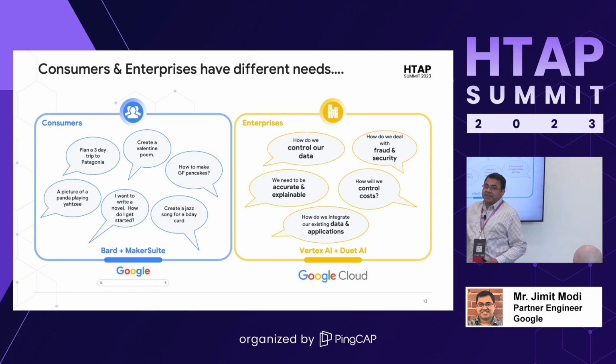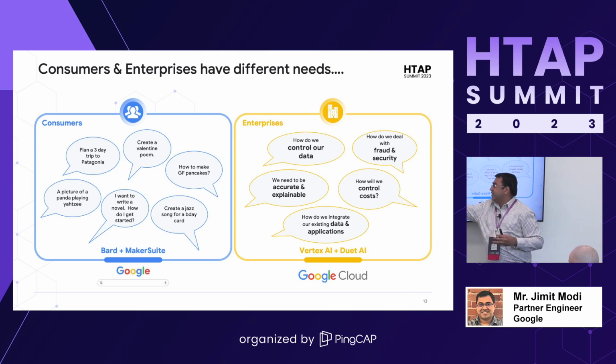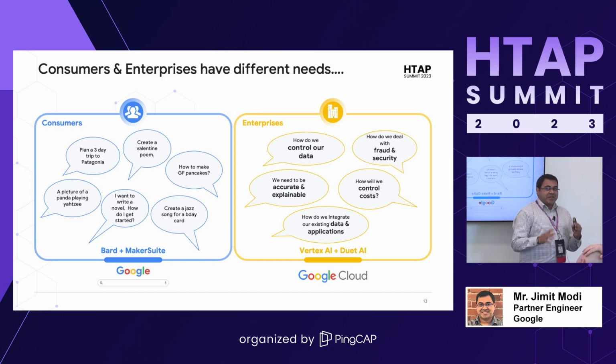Now, when you go into the enterprises, customers on the enterprise side are very worried about, is my data being used to train the model? Will my competitors get this data because I'm asking a question? That's why we have two different products. Anything you see on this side, which is Google Cloud's enterprise offerings, falls into the bucket of Vertex AI. Your data is your data. We do not touch anything on the cloud if it's in the enterprise space. That's a very big delineation.